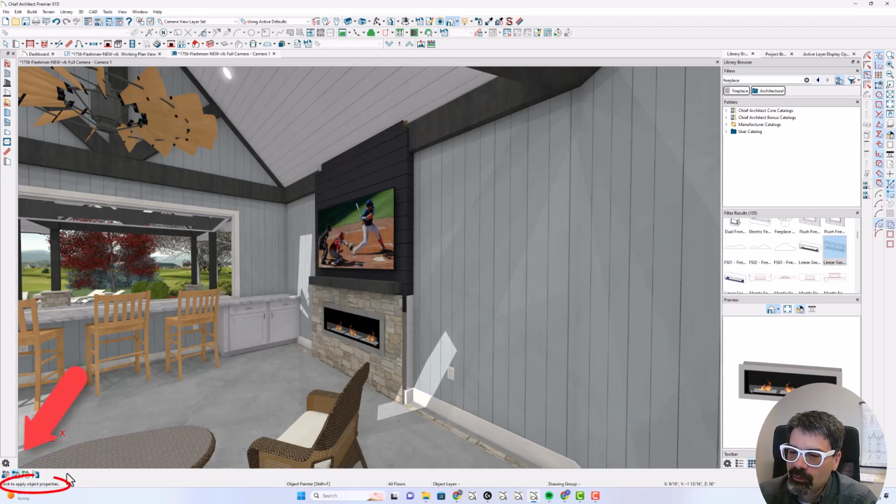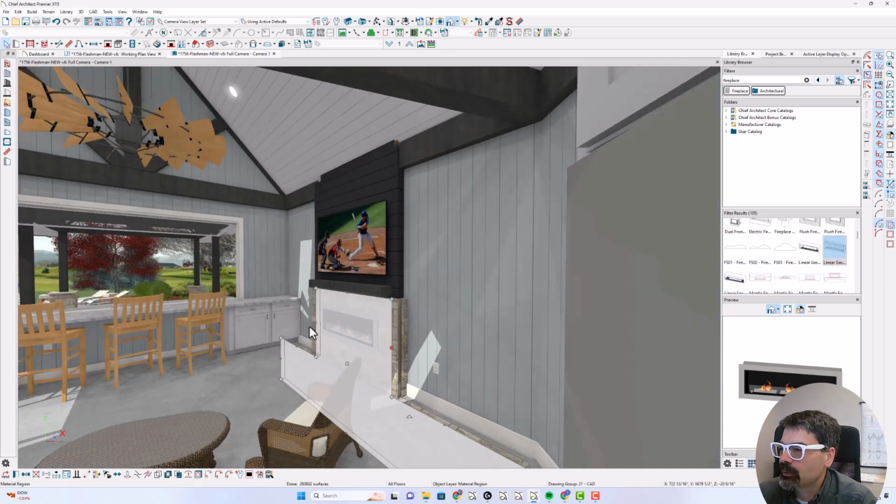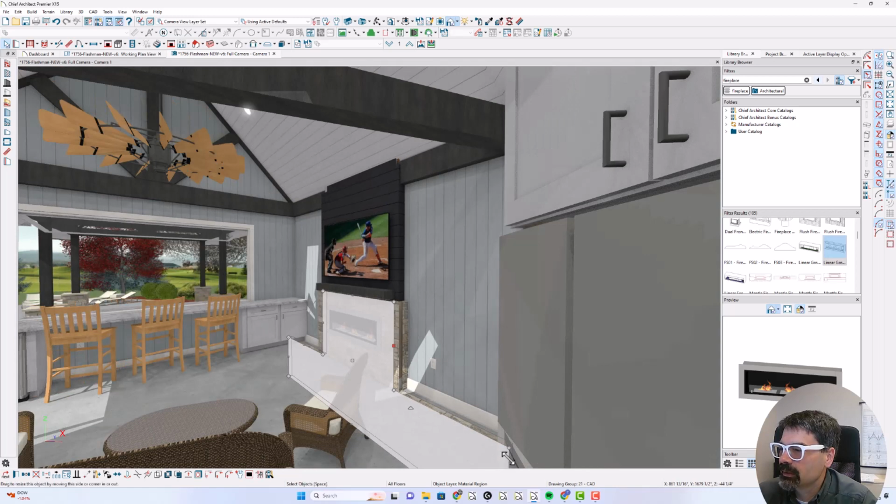You'll notice as I've got the spray can and I hover over various things, notice down here in the status, if you will, of lower left corner of my screen, it tells me what I'm going to paint onto. Paint onto the room, paint onto the pony wall, paint onto load properties to material region. And when I do that, it picks up the thickness, the layers, the materials, and there I have a stone wrap around the edge. I'm going to just clean up this material region like so, because I don't know why it's going all the way over below the slab, but